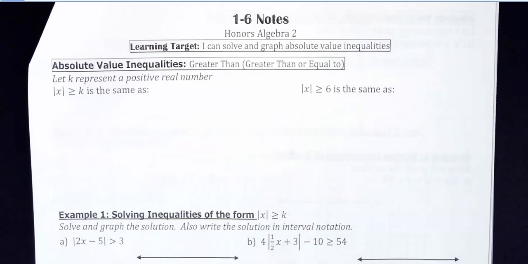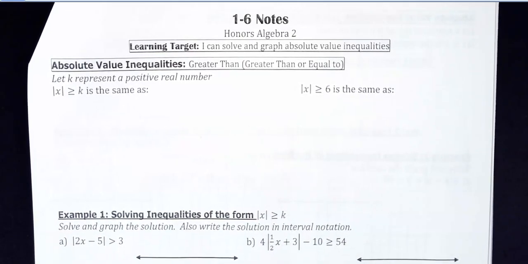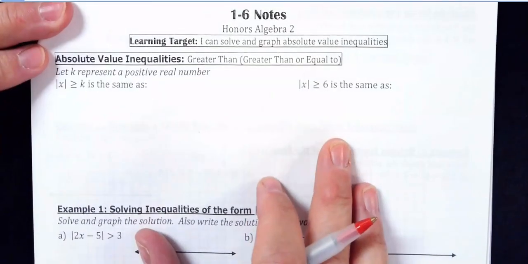What I have is all the stuff on the front side of the notes is going to be a greater than, with our absolute value is going to be greater than something, and all the stuff on the back is going to be our absolute value is less than. So what I want to start out is just a basic definition,